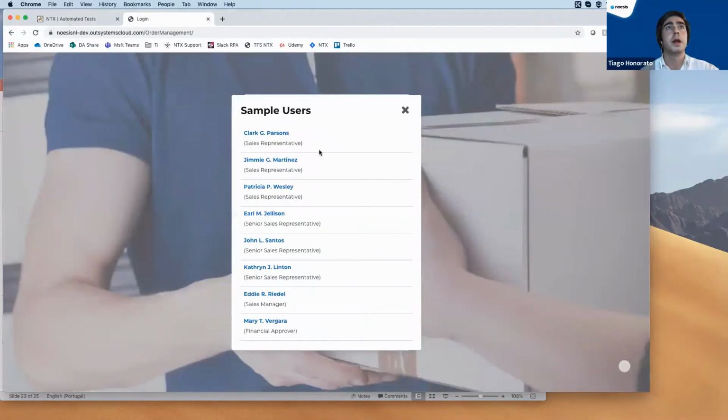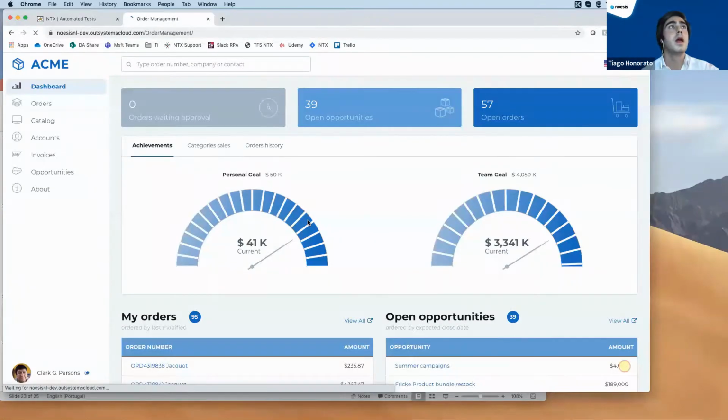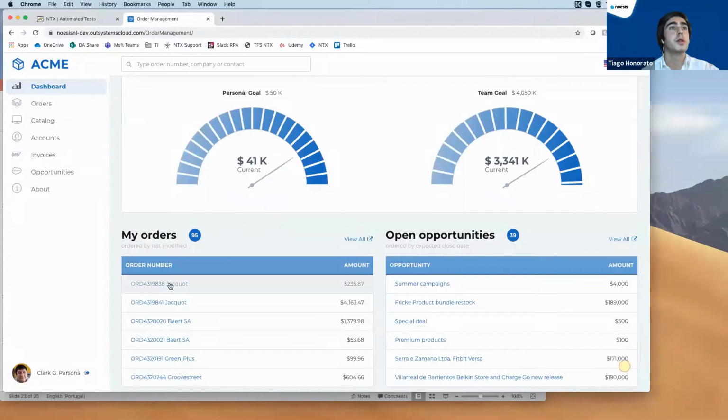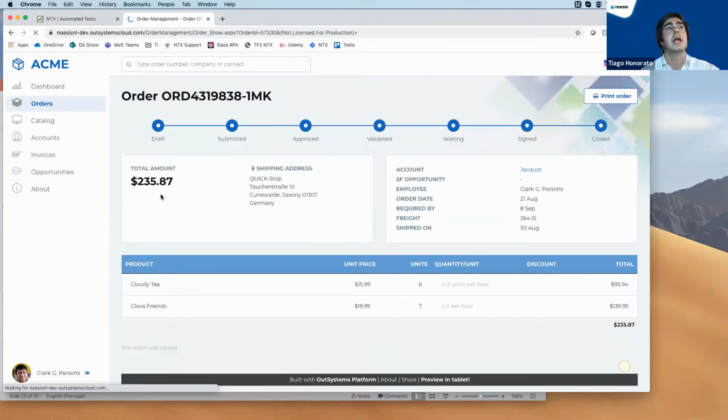We will click on this guy, Clark Parsons, all right? In this dashboard screen, I will click on the first order, and then the objective of this test is to verify if this amount is this one. Okay, so a very simple test, but we have here some functionalities.